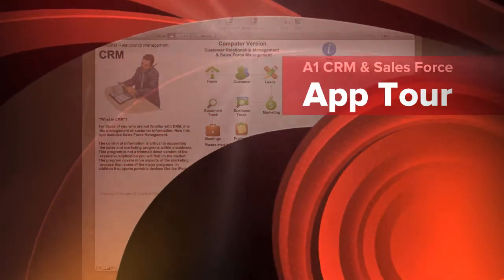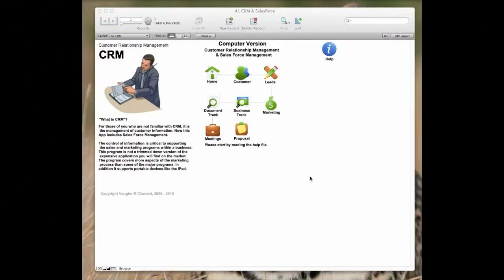We're going to be covering part one of an application tour. This application tour is for customer relationship management, Sales Force management. The purpose of this application was to provide the marketing and proposal development part of the company an application where they can track all elements of the proposal development, working from